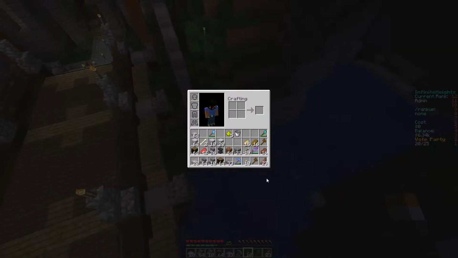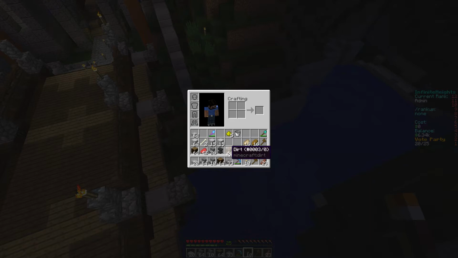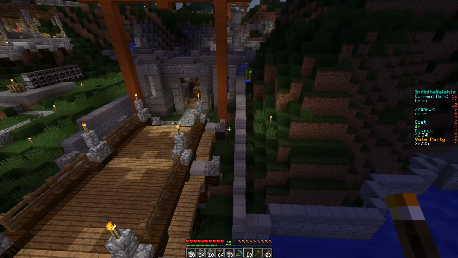I think I have a little bit more of the polished diorite. How do I get? I don't know. I get like multiple partial stacks of things as I'm building. Anyway,